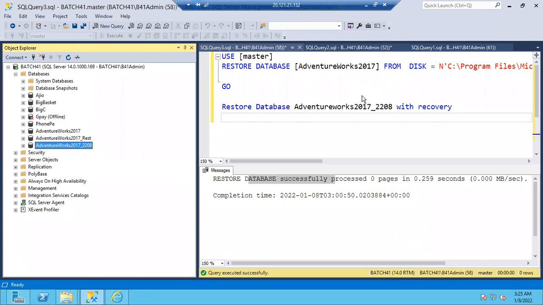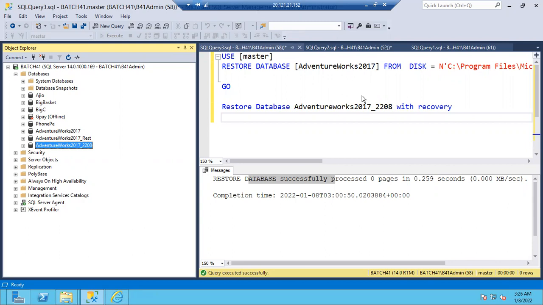Let's say we have one full backup, one differential backup and 50 log backups, and while restoring, at the 49th backup my restore fails. Do I need to start from the beginning? The answer is yes, if you are restoring all backups at a time, like we did for three backups now, then the whole activity will be rolled back, even if it failed at the last second, and you cannot see the database in the list. It will fail again, so you have to restore from the beginning.